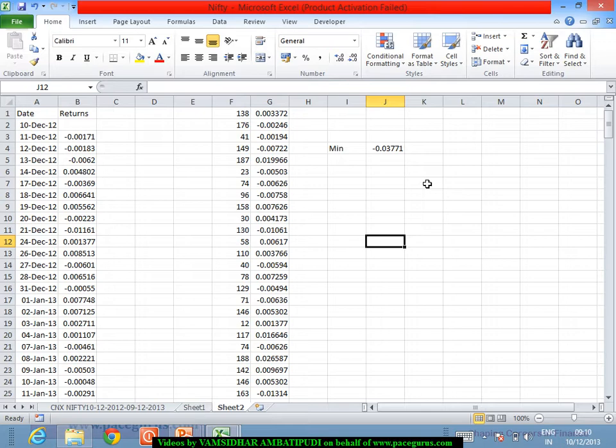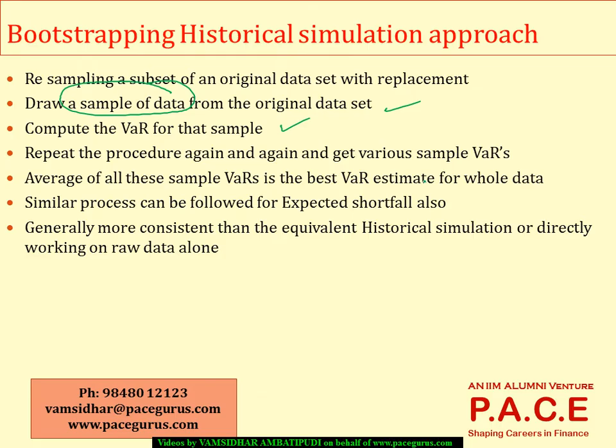Now what this bootstrapping method says is, you repeat this experiment n number of times, and for each experiment compute the VaR based on that small sample and average all those VaRs. That would be the best estimate for the entire data. You don't need to find the distribution of the underlying data, no need to find the mean, standard deviation, anything.